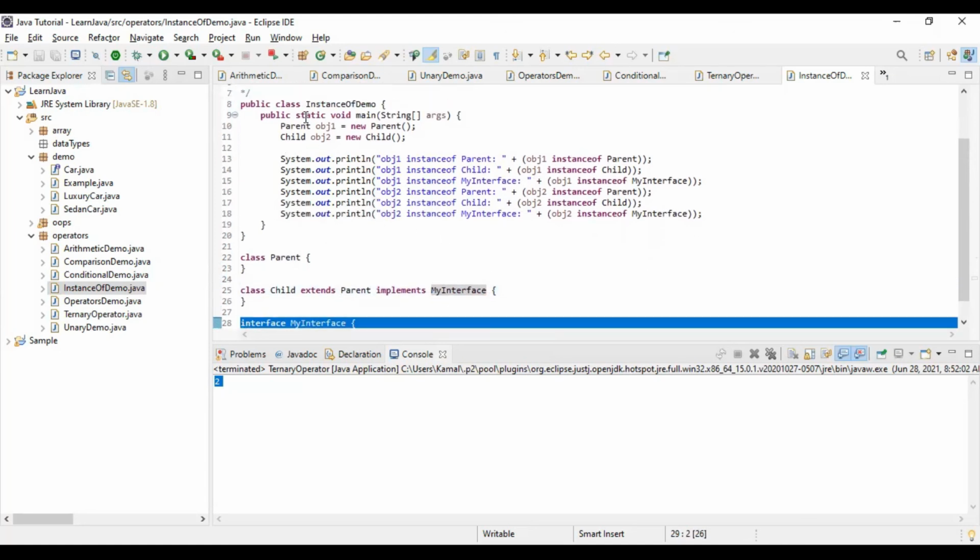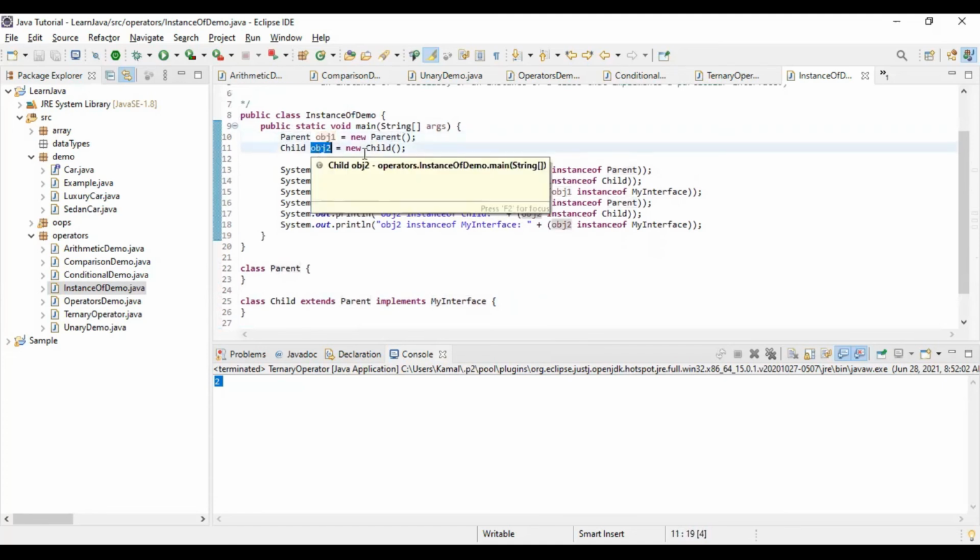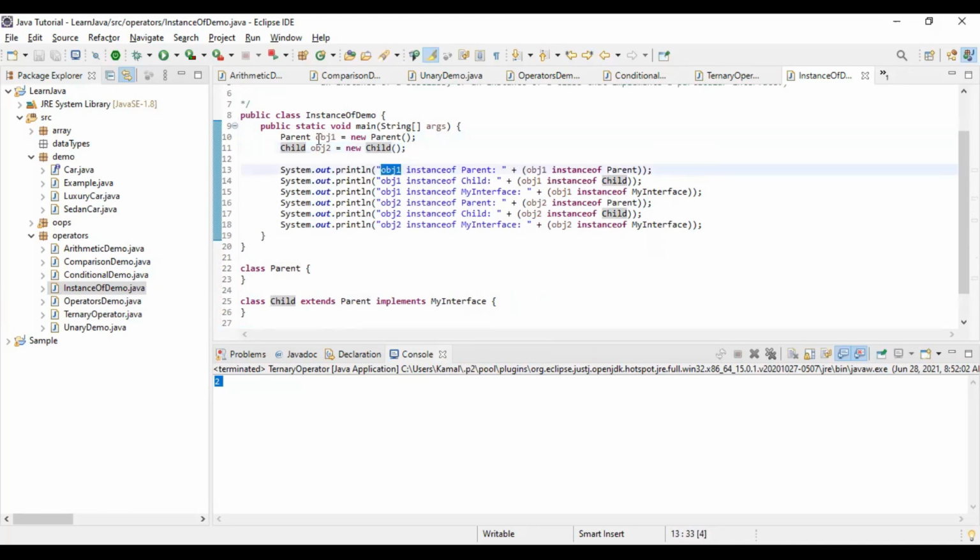Now I have created two objects, object 1 of type parent and object 2 of type child, using the new operator as we have already discussed. Now let's check if obj1 is of type parent, is it an instance of parent or not.